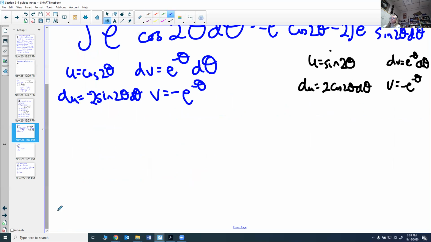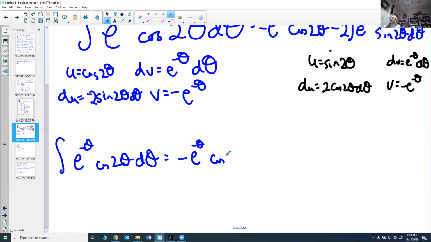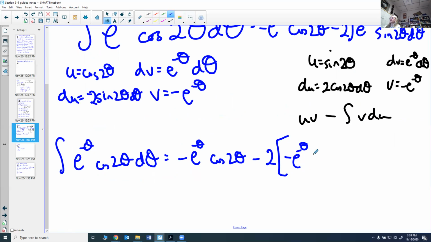So let's see what we have now. We have the integral of e to the minus theta cosine of 2 theta d theta is equal to minus e to the minus theta cosine of 2 theta minus 2 times, again doing integration by parts, u times v minus the integral of v du. u is sine of 2 theta, v is minus e to the minus theta. So I have minus e to the minus theta sine 2 theta minus the integral of,